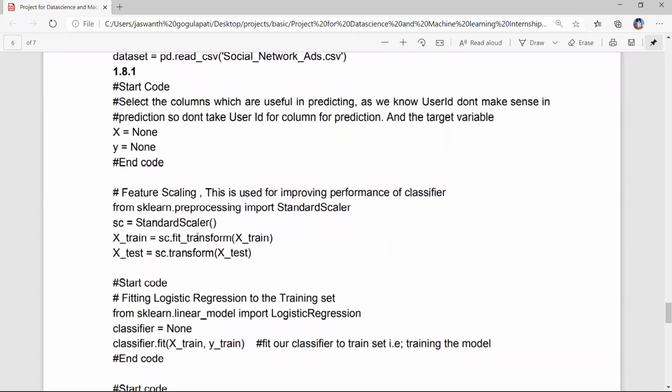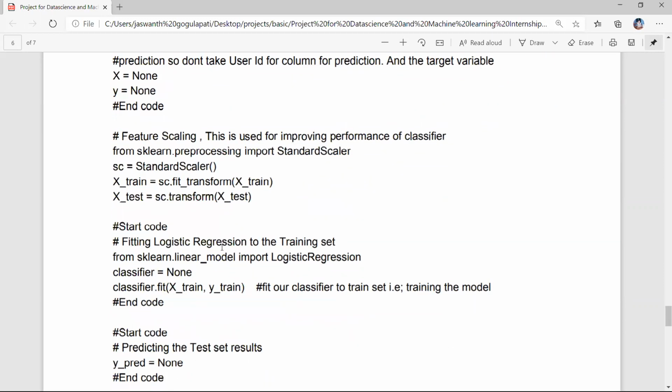With feature scaling, it will take a minimum value and a maximum value. For the minimum value it will give a value of 0, and for the maximum value it will give a value of 1. Between 0 and 1 it will fit the data set accordingly. If we have the minimum as 20 and maximum as 80, 20 has a value of 0. If our age is 25, it is between 0 and 1, something like 0.005. For 80 we'll have 1. So it will fit the data set according to that.